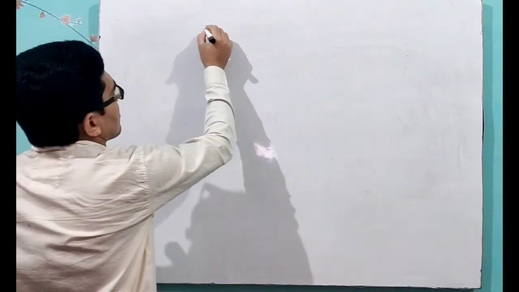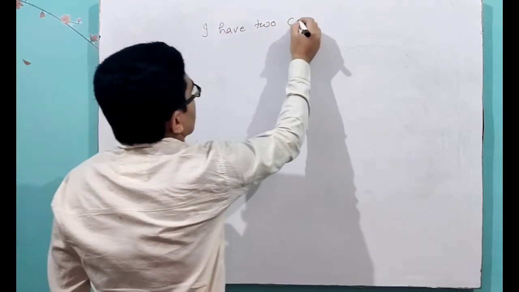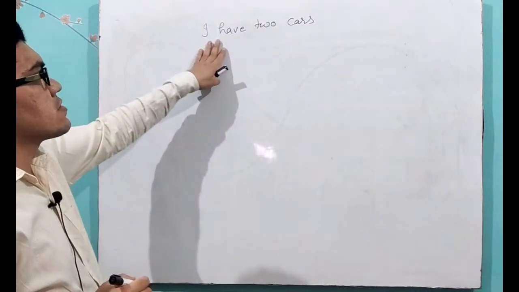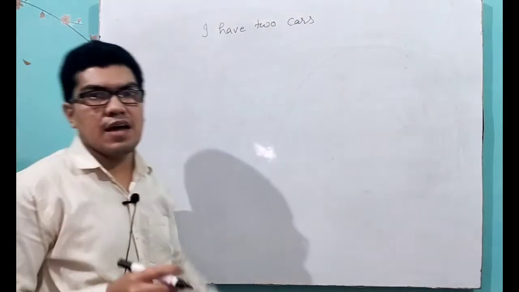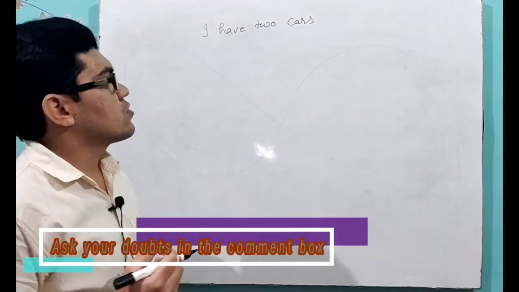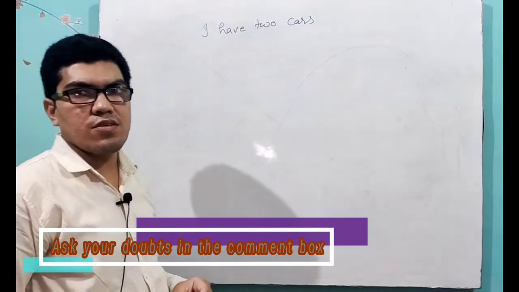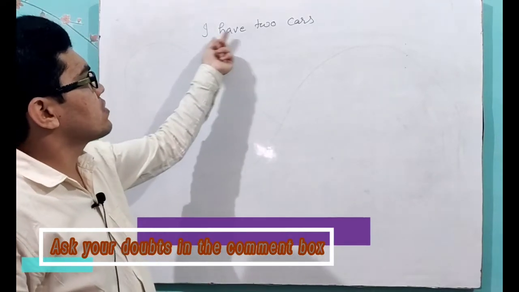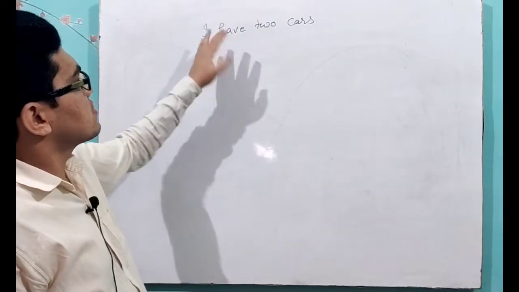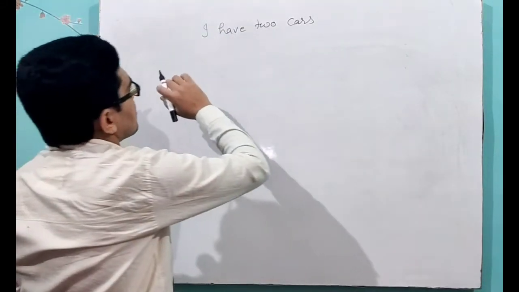Like I have a string, "I have two cars." This is the string that I have. I want to split this into words. This is a sentence and I want to extract each and every word. So in such cases what can we do? We can split, and here we have to split on the basis of space, because space is the character which is dividing the words. Okay, so how to use split?